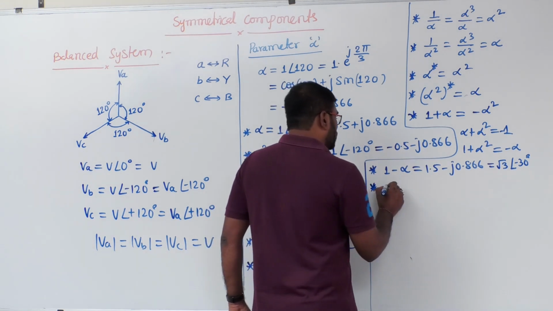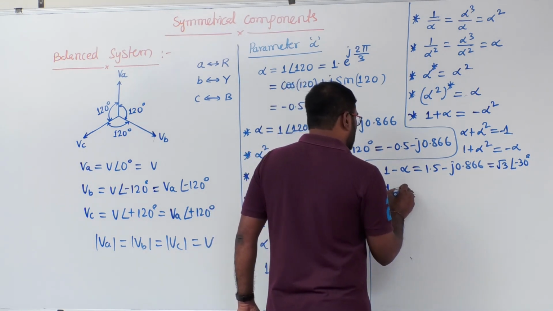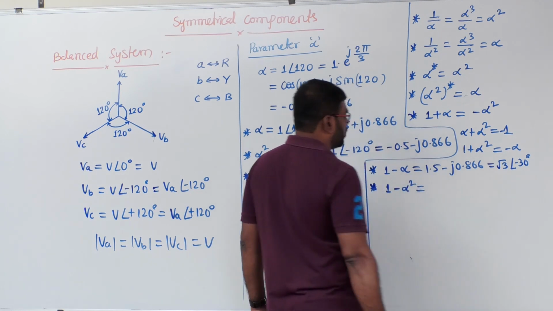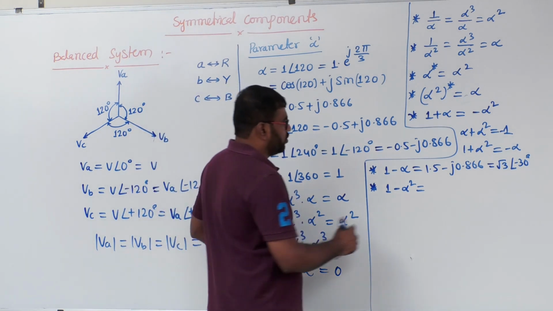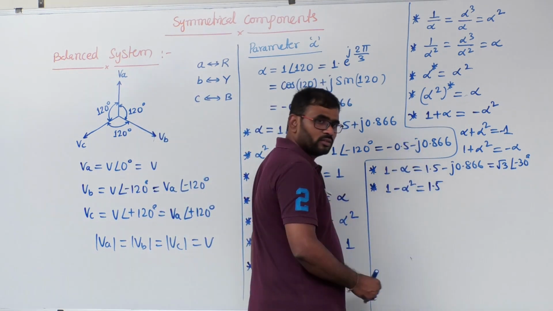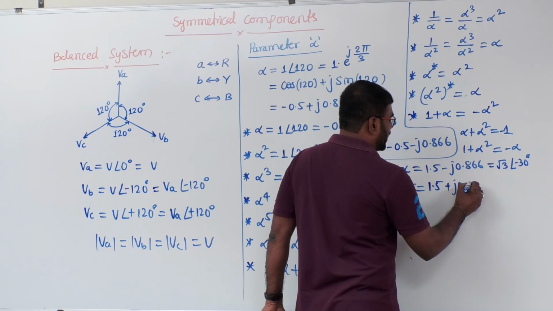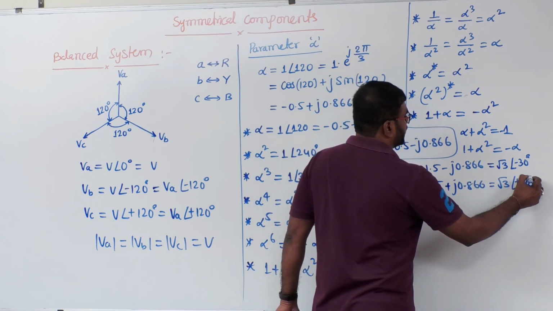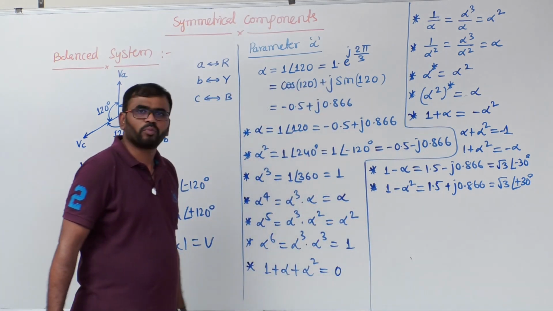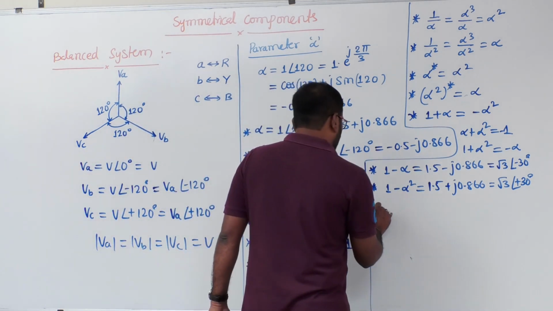What is 1 minus alpha square value? 1 minus alpha square means what I get? 1.5 plus j0.866, whose value is root 3 at an angle plus 30 degrees. Root 3 at an angle plus 30 degrees. Next,